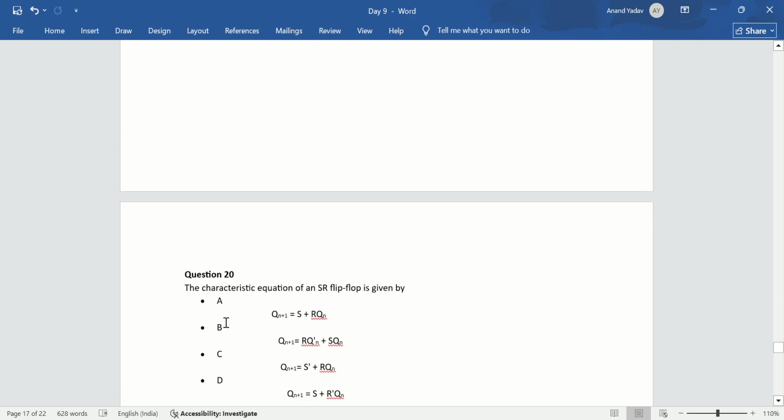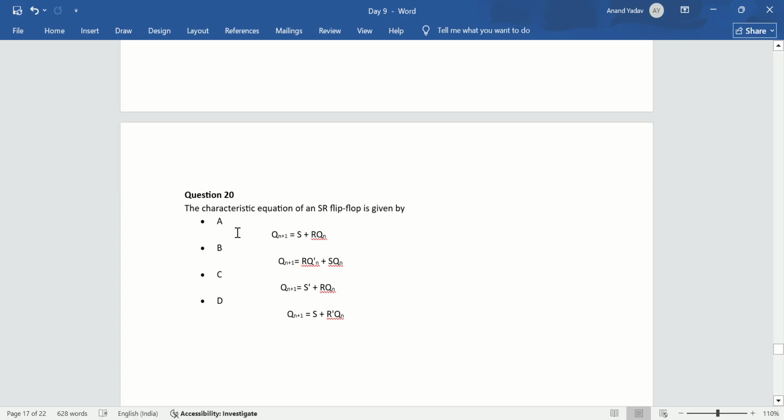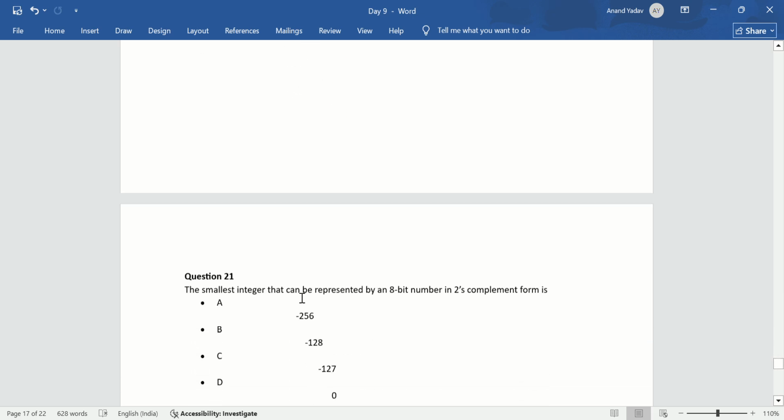Now next one is, the characteristic equation of an SR flip-flop is given by, this is asked for the characteristic equation. So for this one, for the SR flip-flop characteristic equation, option D is correct. Qn plus 1 is equal to S plus R dash Qn. Now next one is,